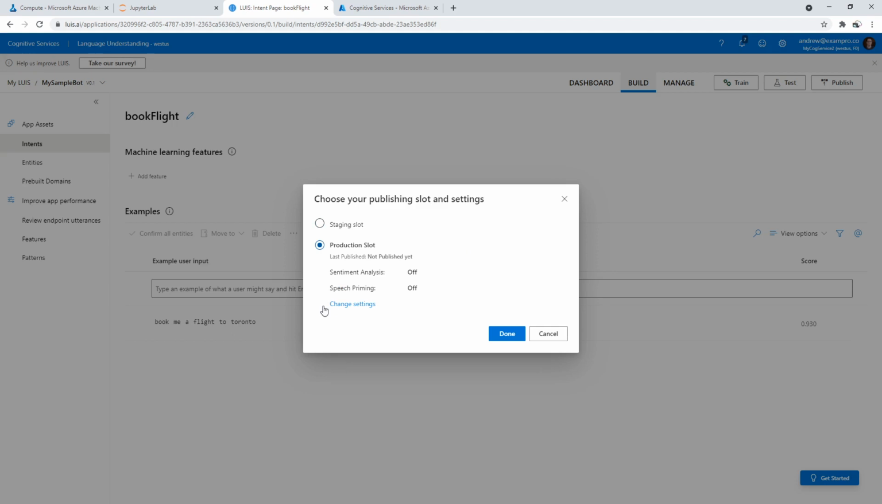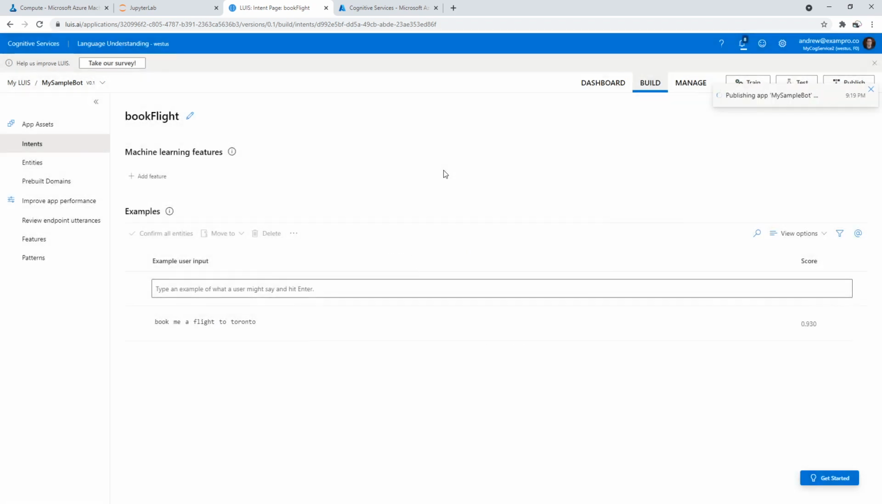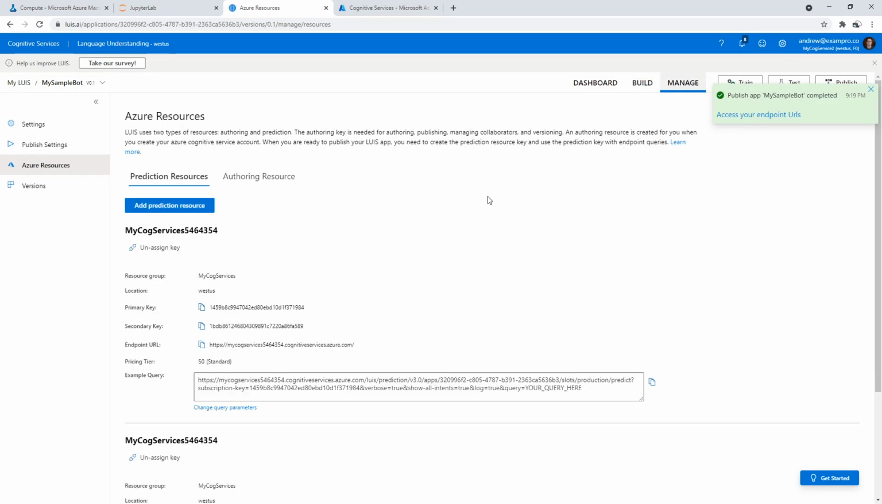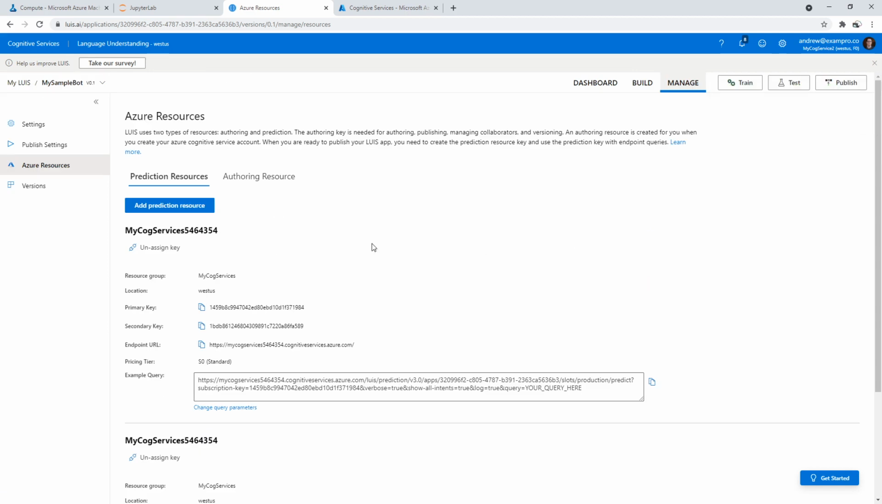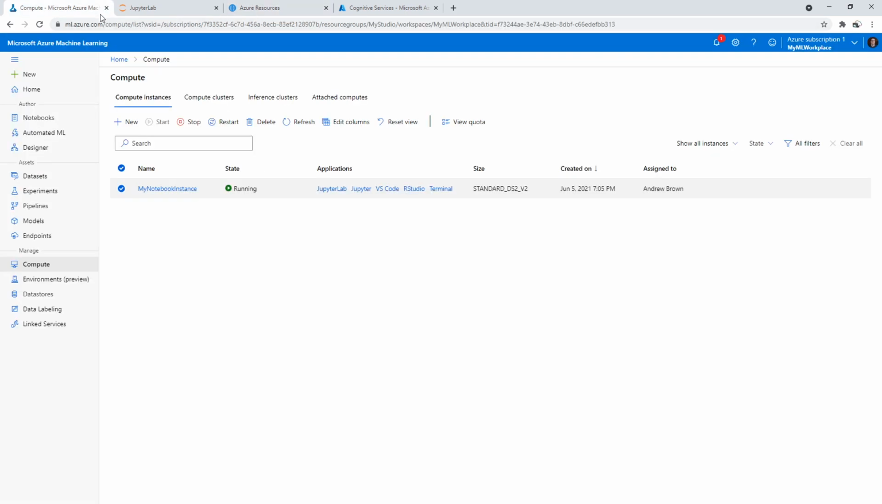So we can put it into a production slot. You can see we have sentiment analysis, speech priming. We don't care about either of those things. We can go and see where our endpoint is. And so now we have an endpoint that we can work with. So yeah, I mean, that's pretty much all you really need to learn about Luis. But I think we're all done for cognitive services. So we're going to keep around